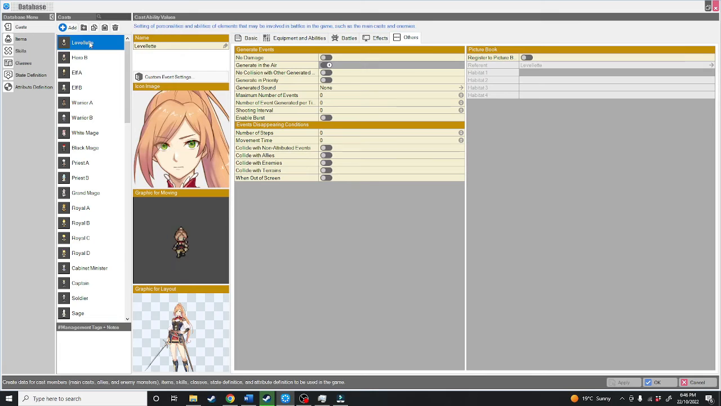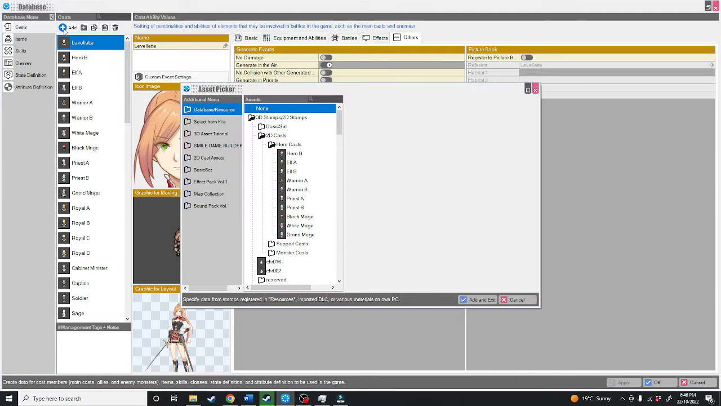Now, we've already established we don't want to be Levelette. So what we're going to do is click this big plus sign here, which will be add. And it's going to ask for your walking animation. In your asset picker, that's just in 3D stamps, 2D stamps, 2D casts, hero casts, and I'm going to click